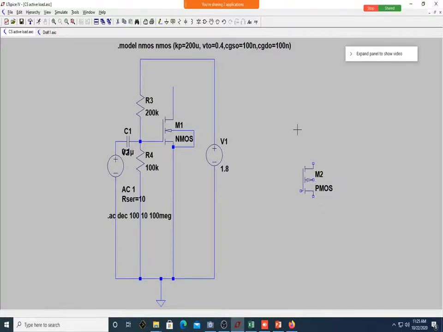I will select it. For selection it is F7. Have you selected? See, now I'm selected. Control E is for flipping. You know flipping, no? It's just a mirror image. Control E. Can you see it's flipped? Yes, sir. But I want to rotate twice so that it comes up. Can you see now which is source? So it is at higher potential. Of course it is now pointing upward. This is gate, this is source, this is drain. Now I will place it.